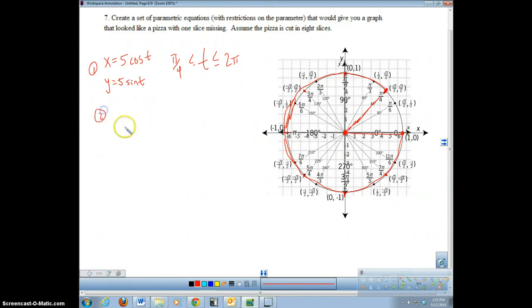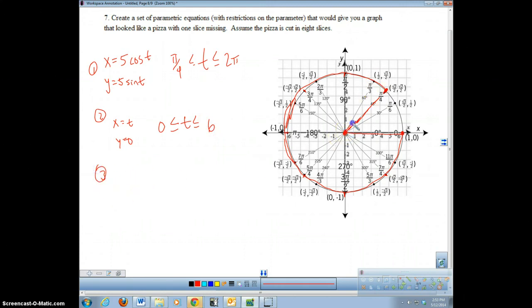Or another equation would be x equals, I'm sorry, not x equals 0. x equals t. x equals t. And y equals 0. That'll give us this line right here. And that t is going to be from 0 to 6. And the last thing we want to do, which I'll just let you kind of figure out,